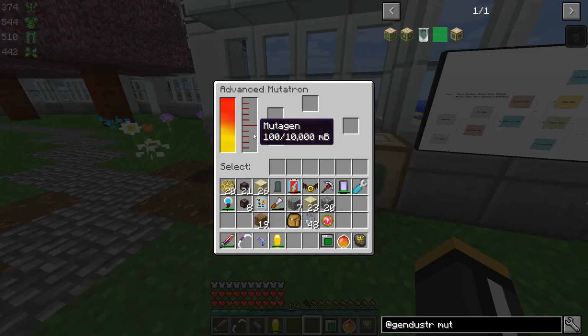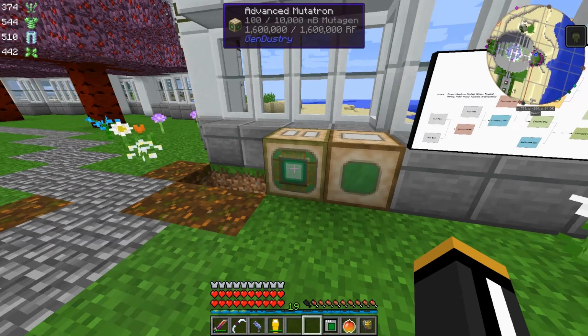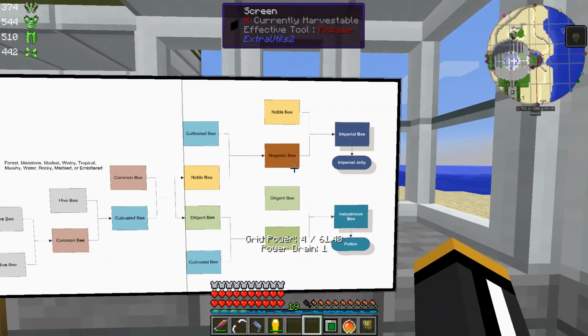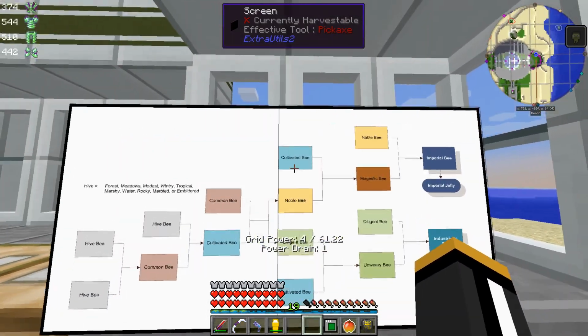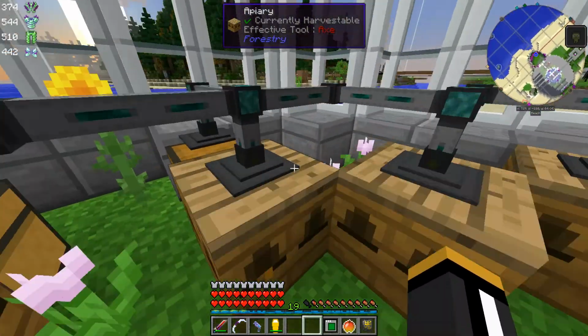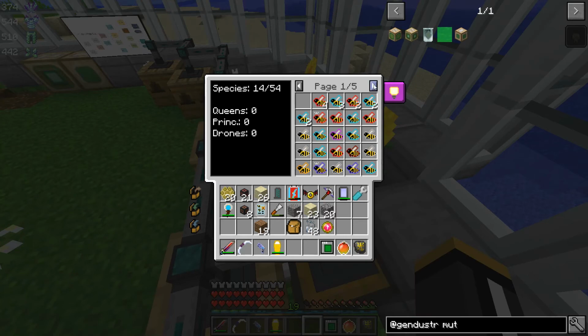Okay, so one piece of redstone gave us 100 mutagen. And I believe glowstone gives us 200. And Yellorium and uranium would give us 1,000. It would give us a full bucket. I think we have what we need for industrious. We don't have a majestic bee. Actually, let's work out the majestic. We need a cultivated and a noble. So, if we find...